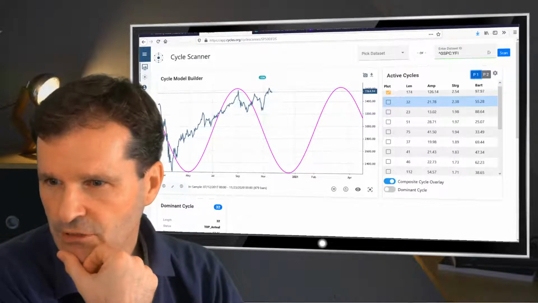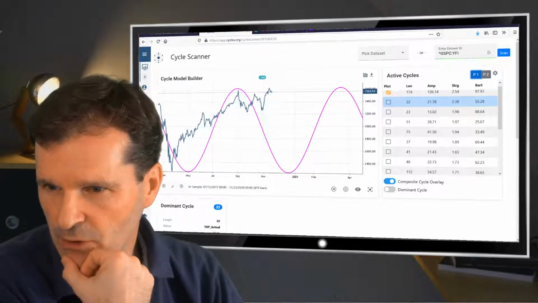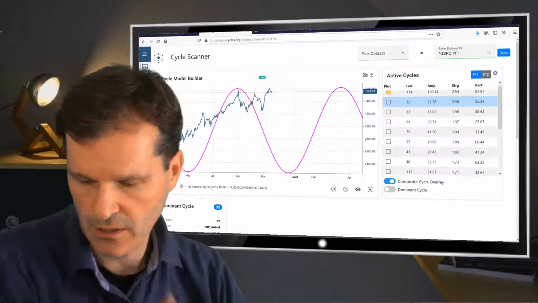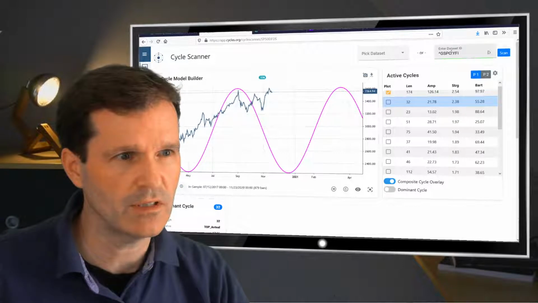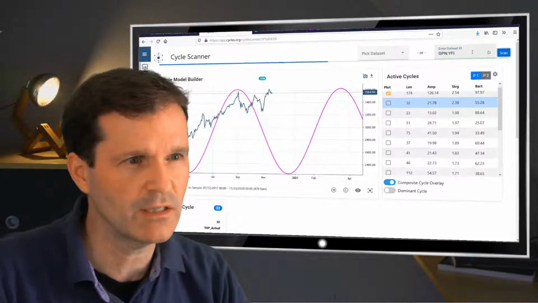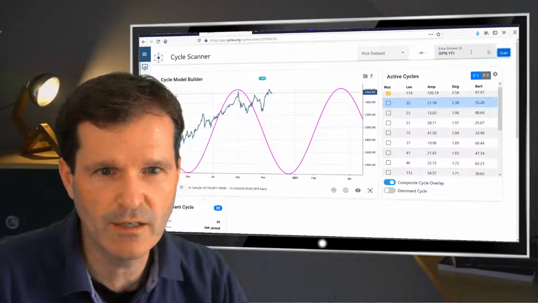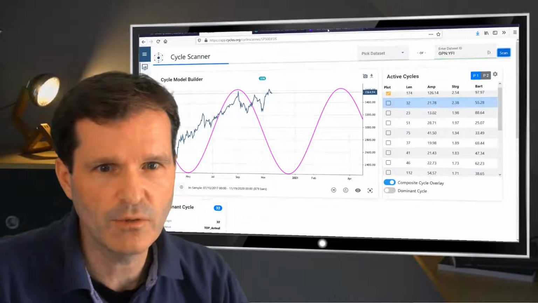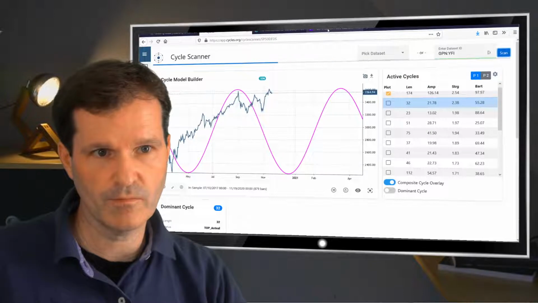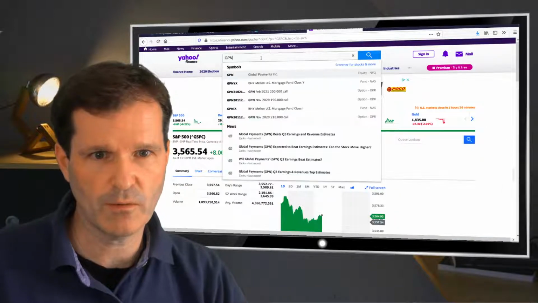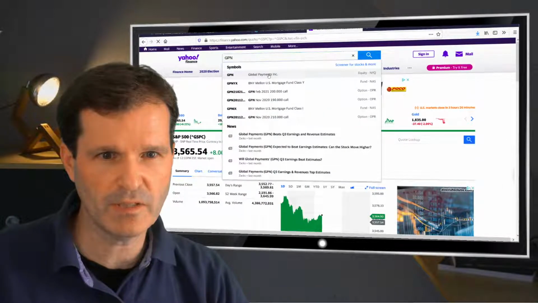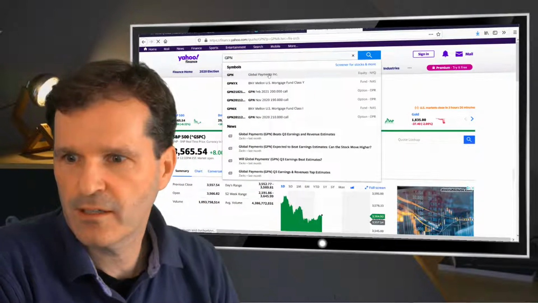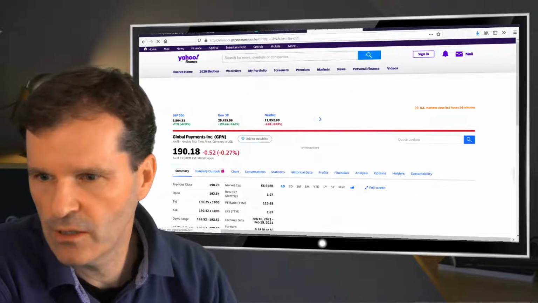Okay, so let's review some ticker symbols you want. I think there was one mentioned here. Okay, I don't know what this is about. GPN. What's GPN? This is a Yahoo ticker. Let's cross check. What do you mean by global payments? Okay, so global payments was asked by you.